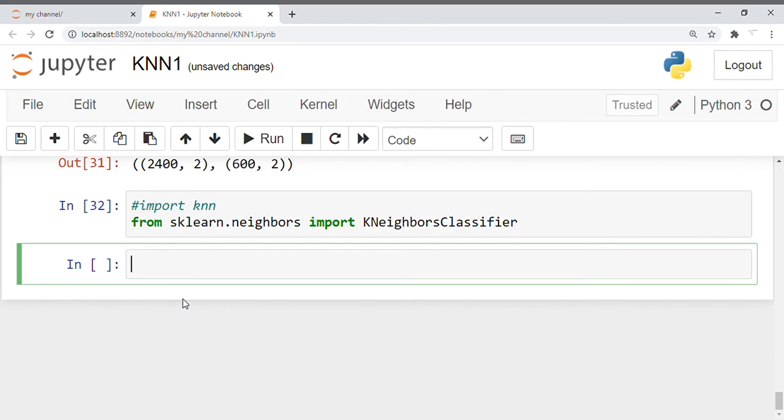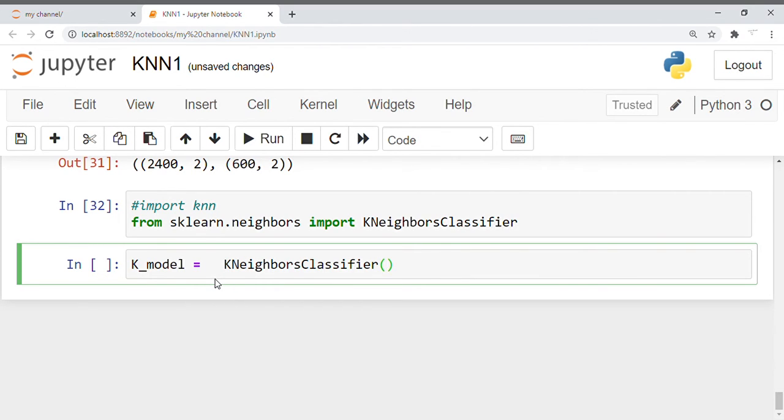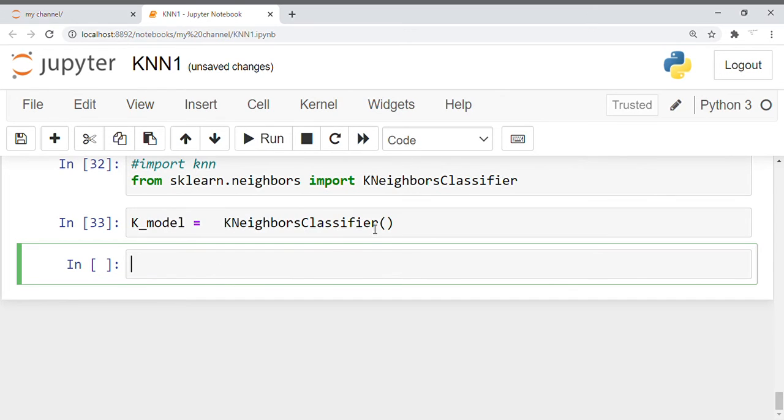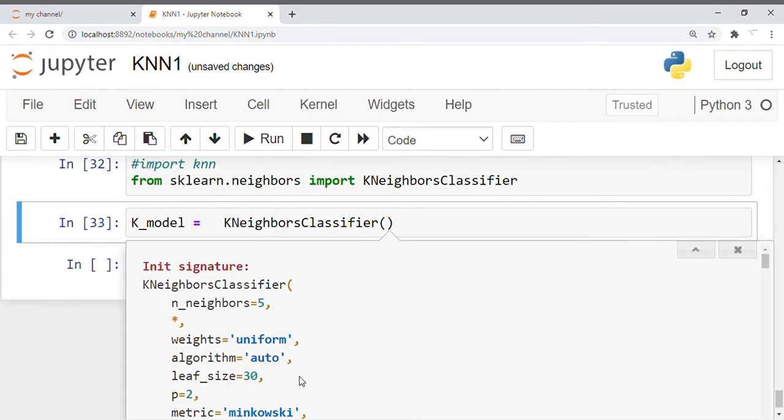Okay, so I'll do something like this. Once you have imported the algorithm, it is important to actually initialize your k nearest neighbor algorithm. Let's say KNeighborsClassifier. Okay, I don't set any parameters here. There are so many parameters you can see in this one. I'll keep default parameters in this case.